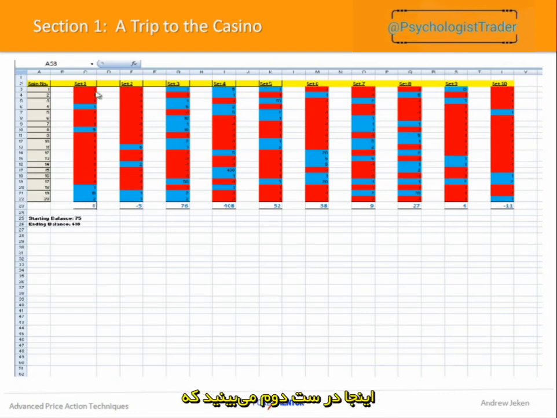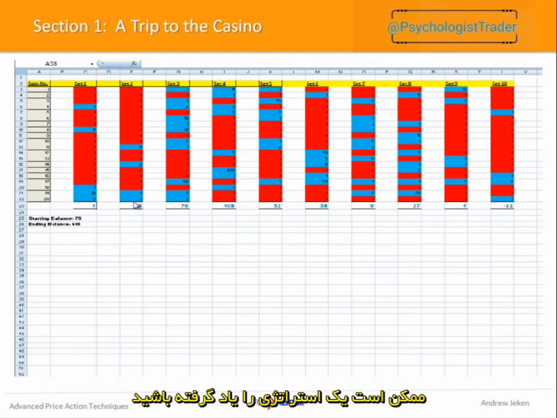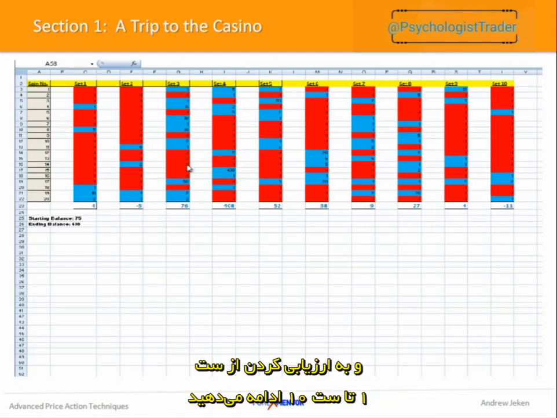This one here, set 2, you can see we get a $5 drawdown. So at this point in your strategy, you not necessarily want to change your strategy, but maybe you want to see if you can tweak something. Okay, maybe you're just learning the strategy, maybe there's something you're not quite sure about, or you change the profit objective or the stop or whatever the case is, and you continue tracking. Okay, continue tracking set 3, set 4, set 5, set 6, set 7, set 8, set 9, set 10,